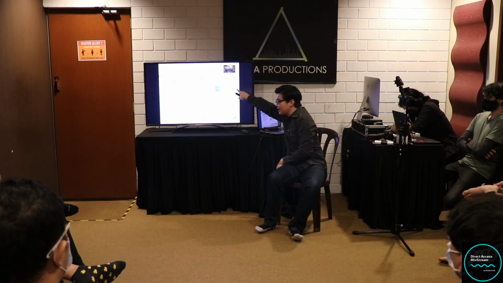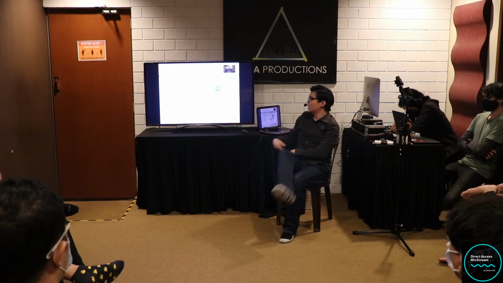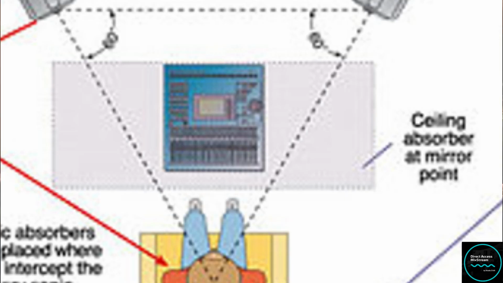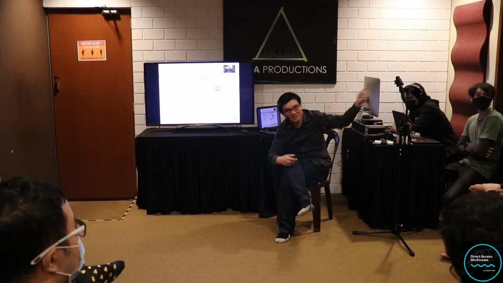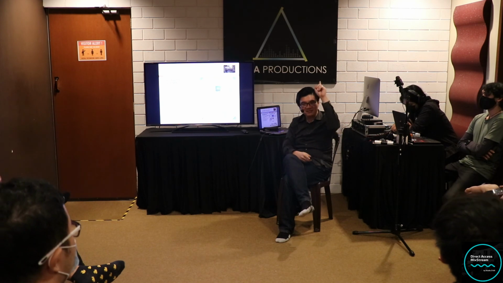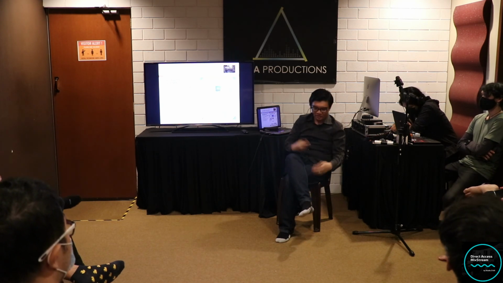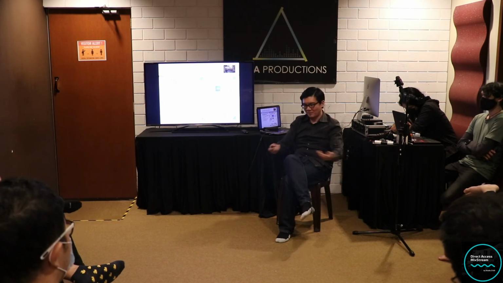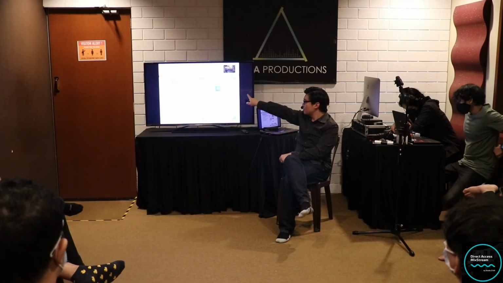So you walk along the side, and if you can see the speaker, that will be the reflection point. Here it also mentions a ceiling absorber at the mirror point. If you can install one, you can also put a ceiling absorber. As you can see above there, we also got some absorbers up there, because don't forget, we also have the ceiling. Obviously, you cannot put them on the floor unless you want to be stepping on the thing. Side absorbers at the mirror points.